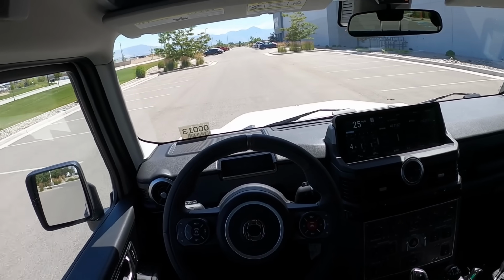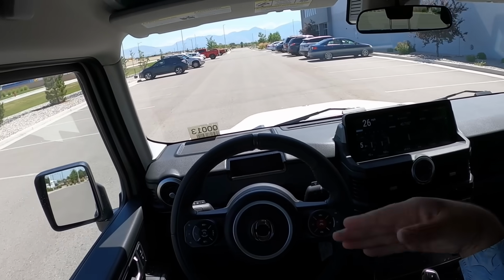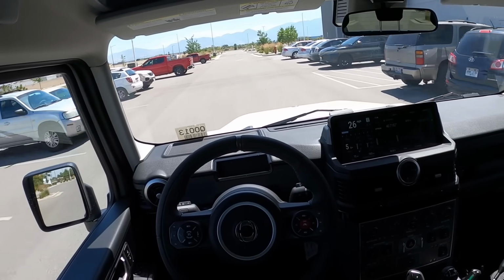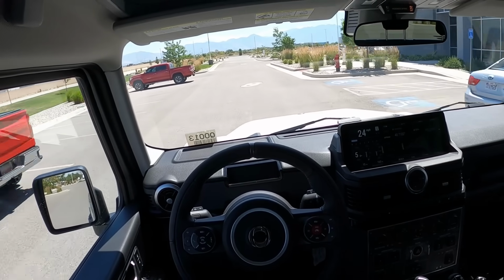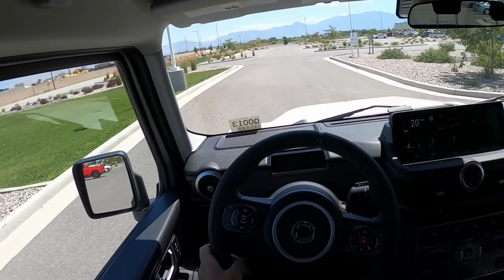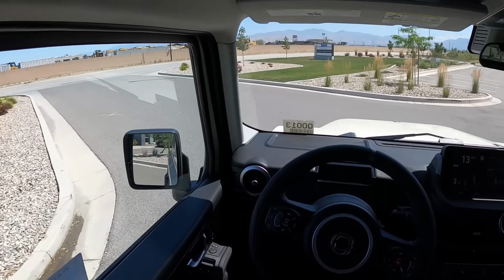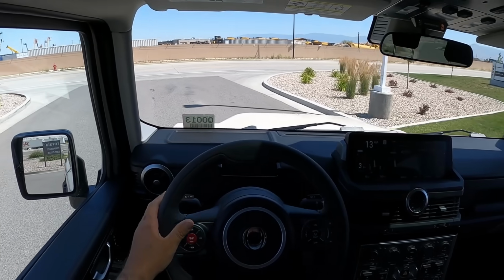Man, I miss everything about this car. One thing that sucks about YouTube is you always got to keep on moving forward, and sometimes I just wish I would have not sold it. Definitely. These just feel so unique, and it's a heavy-duty off-roader, and a lot of people